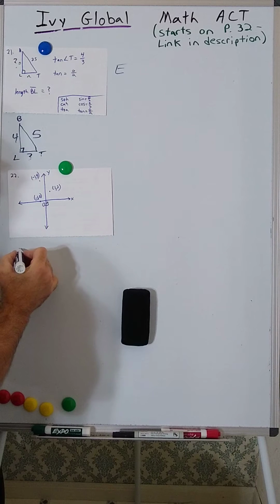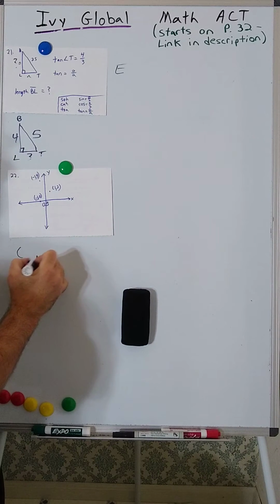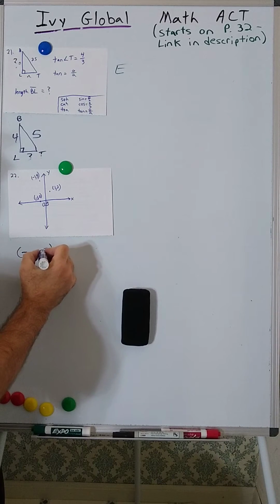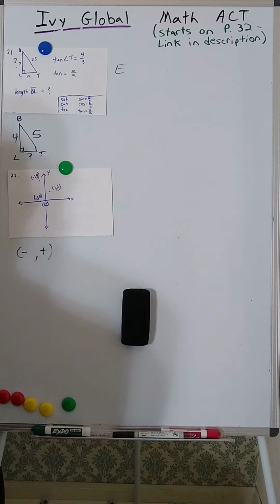And in the 2nd quadrant, we know that the x-coordinate is negative and the y-coordinate is positive. So let's see if we can eliminate choices that way. No, we can't, because they all have a negative x-coordinate and a positive y-coordinate. Okay,